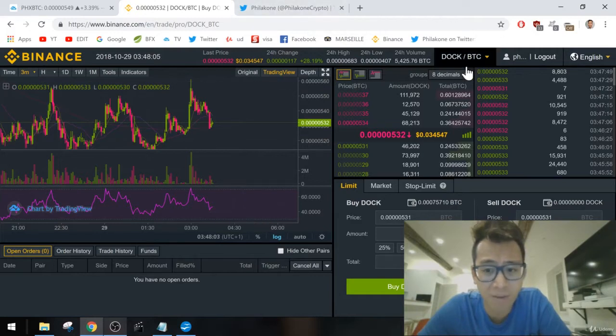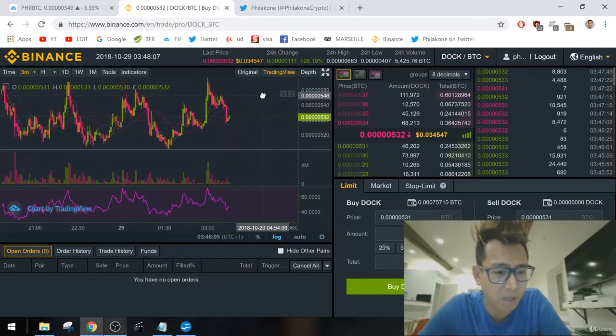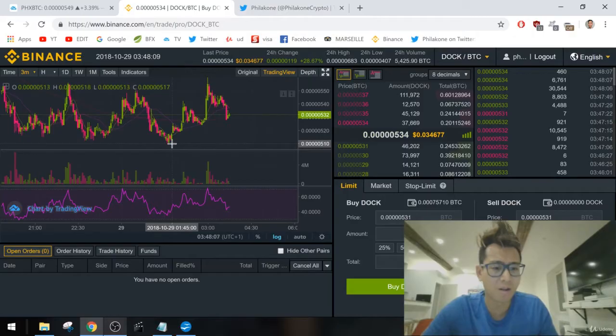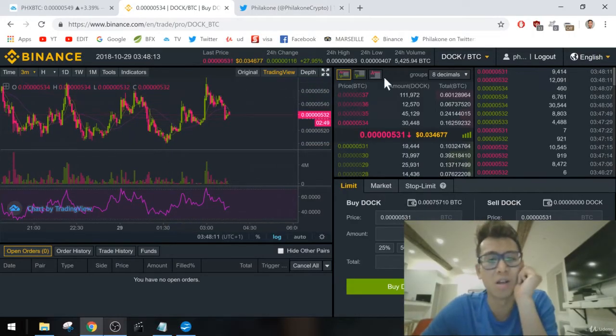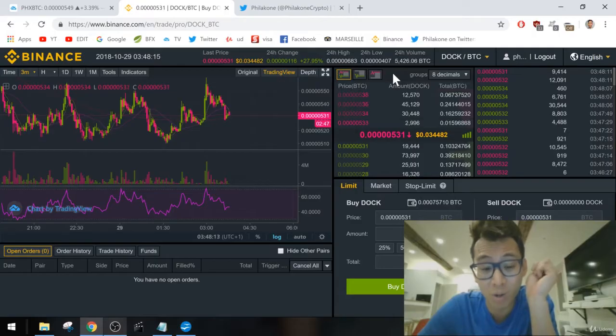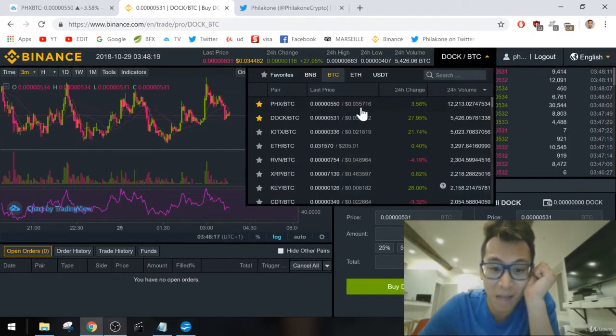So this is heavy volatility as well. You take a look on the 3-minute chart for DOC, okay? And we see that it's gone up about 9% already so far. So why would you want to look at a 10-minute chart or a 30-minute chart when you would have missed the entire action already? Now let's go back to PHX and